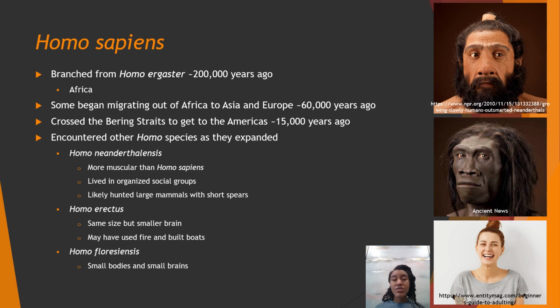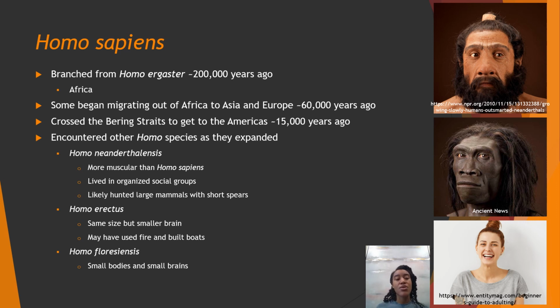Then some other species include Homo erectus, which were the same size as Homo sapiens, but they had a smaller brain. And there's some evidence that indicates that they likely used fire, and they likely also built boats to travel between different islands. And then finally we have Homo floresiensis. And Homo floresiensis were small-bodied, small-brained